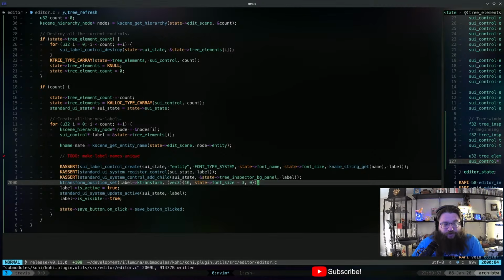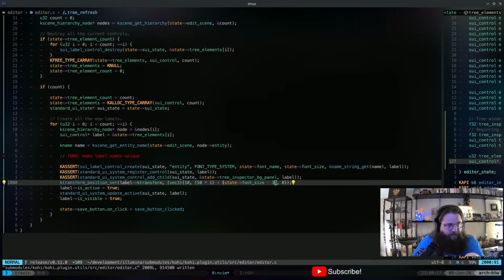And then as far as the position goes, so we're going to take, let's see, this says font size -3 on the Y, 10 offset here. So for right now, I'm just going to list them top to bottom. We'll worry about indenting once we actually have this sort of listed out. So for right now, this is sort of an offset for the text. So I think I'm going to do 50 times I plus that offset. Just so it's super explicit what's happening there.